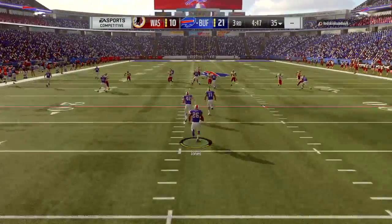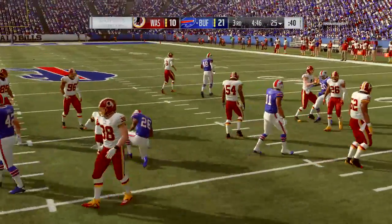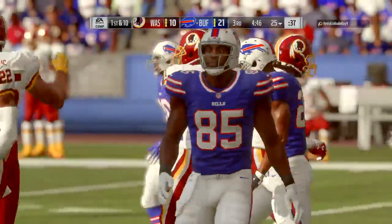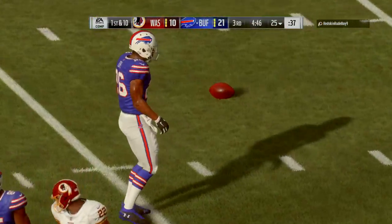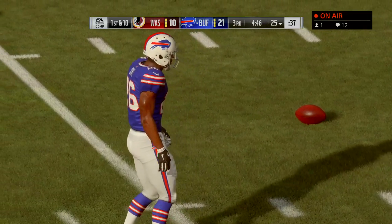Here's Taiwan Jones on the return. And not a bad return here. He gets it out to the 25-yard line. So here's the Bills offense now. They get ready for their first possession of the second half. They had that first half lead, but they have been shut down here in this third quarter, so time to